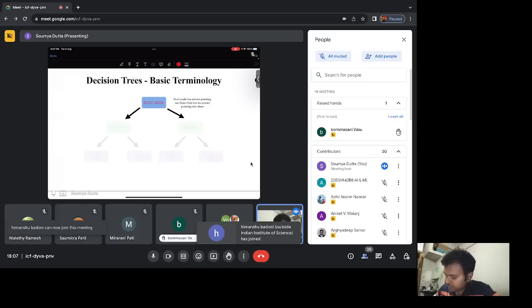Some terminology. So the first terminology is the root node. If you see here, I have mentioned what the root node means. So the root node is basically